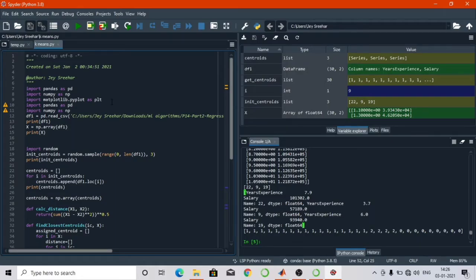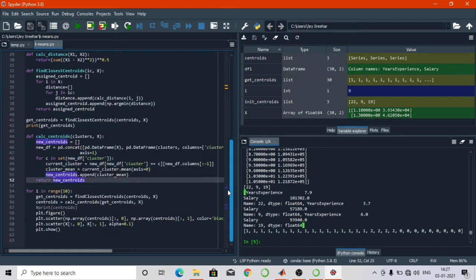Today I am going to give a demonstration about the k-means clustering algorithm in Python. I am going to explain the code from scratch, so you can also use a framework like Keras, TensorFlow or PyTorch, according to your wish. For a better basis, I am explaining it from scratch.